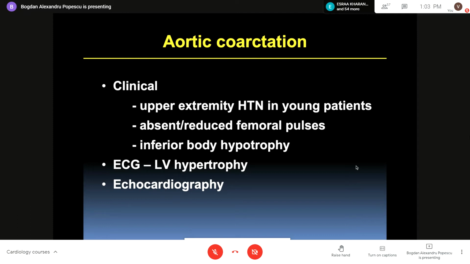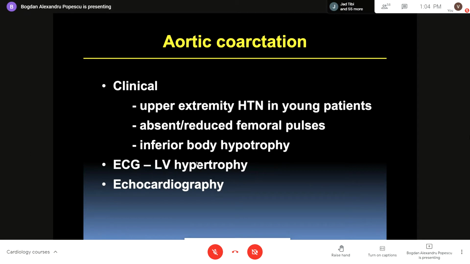because in this way you can diagnose stenosis at the subclavian level, but you also need at least to palpate the pulses both at the arms and at the legs. And sometimes you will see there is a very big difference. You have a good pulse at the arms, but you barely feel the pulse at the legs. And then you may wish to measure blood pressure in the legs. You will find it significantly reduced. Sometimes in severe cases, there may be inferior body hypotrophy. So muscles are not so well developed, pilosity is reduced, but this is quite extreme.